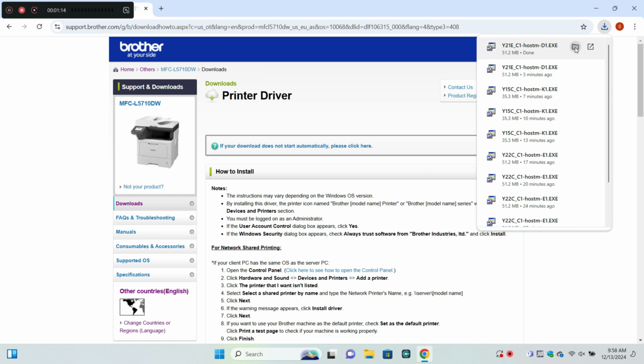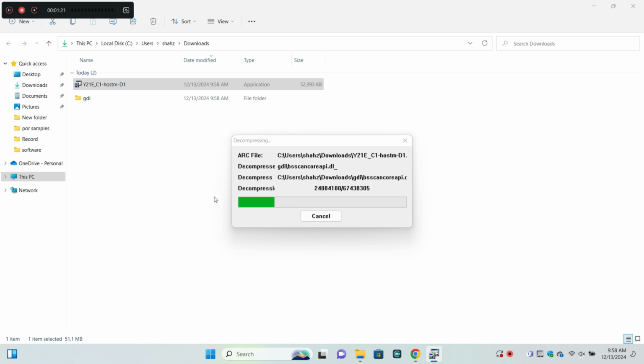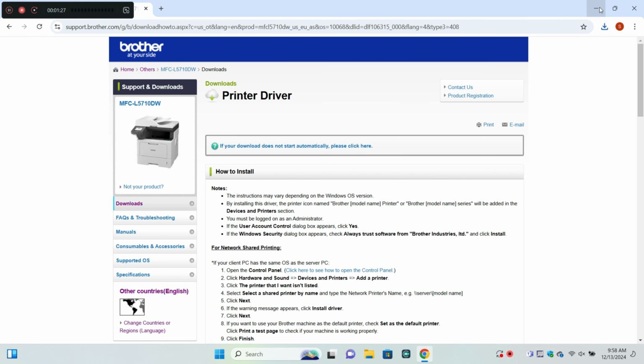After downloading your printer driver, open your downloaded files and here you can install your printer driver. After installing your printer driver, then go back